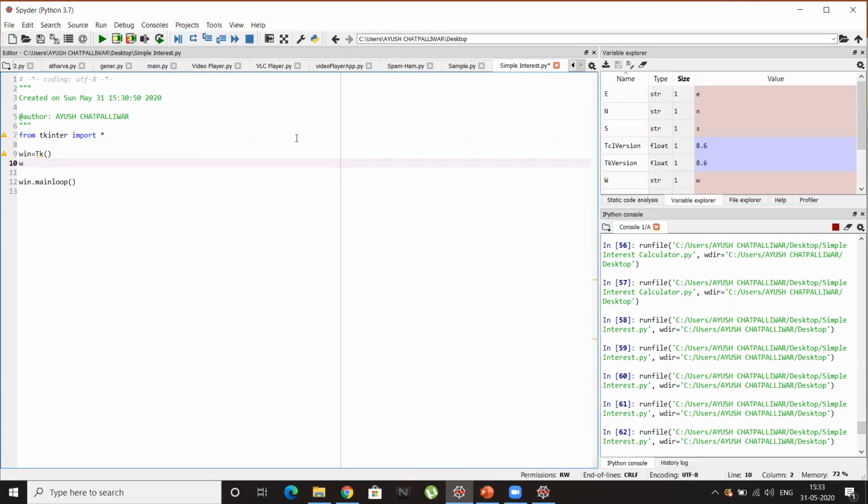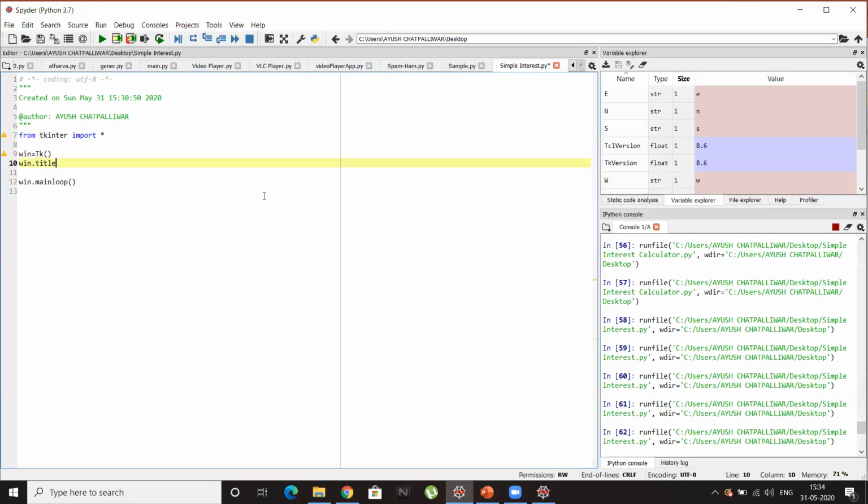Win. And one more important thing, friends. Whenever you write code for a GUI in Tkinter, just make sure that all of your code for the GUI must be above this win.mainloop line, because if you type anything below this line, that part will not be in your GUI, because it will not be on your window. So to make sure that your attributes are on the window, please type the code above your win.mainloop line. Okay, so to give the title, a simple function title is used.